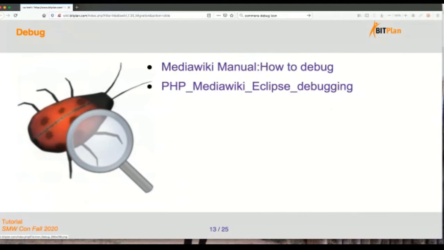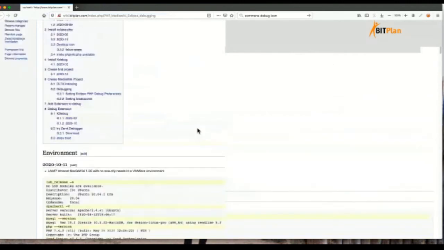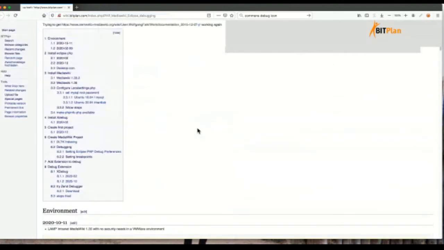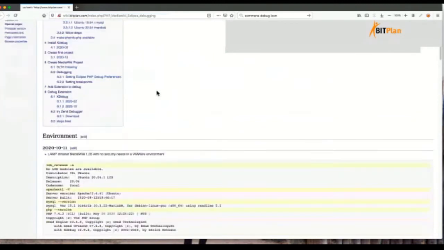Obviously, that depends on your set of extensions. One of the things I appreciated here was that there's actually the option to debug things right in your Eclipse. I had tried that with Mediawiki 1.32, I redid it with Mediawiki 1.35, and you see here a setup that is working for me.